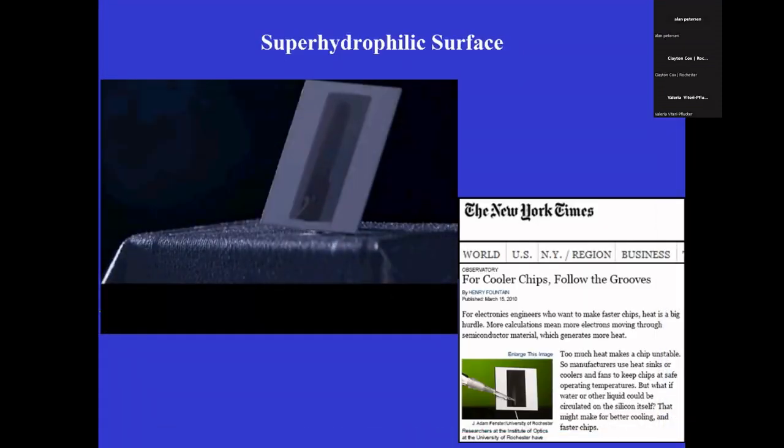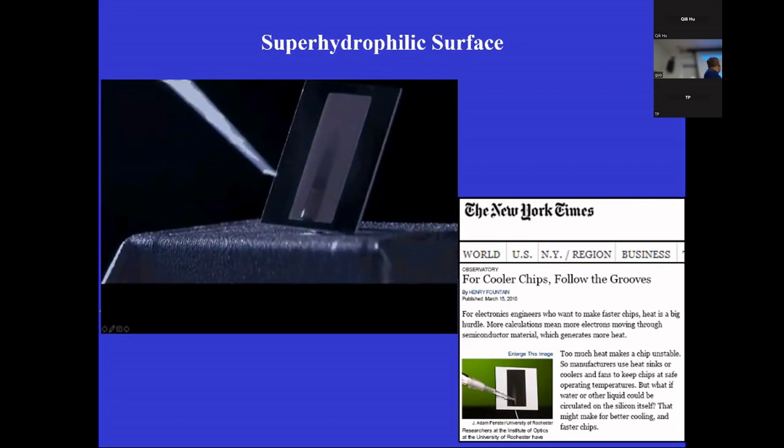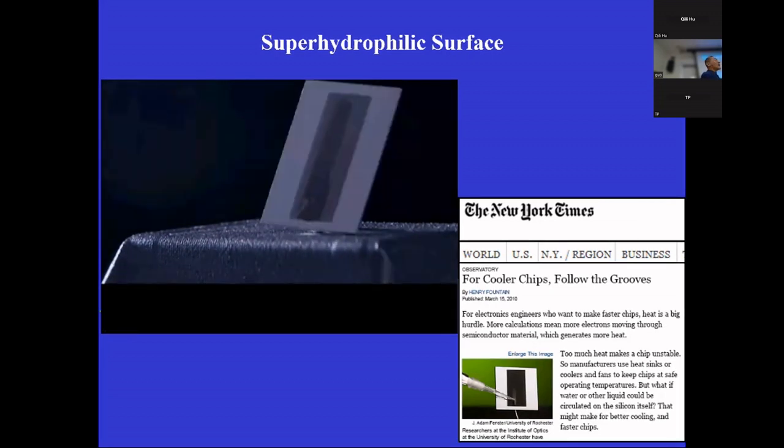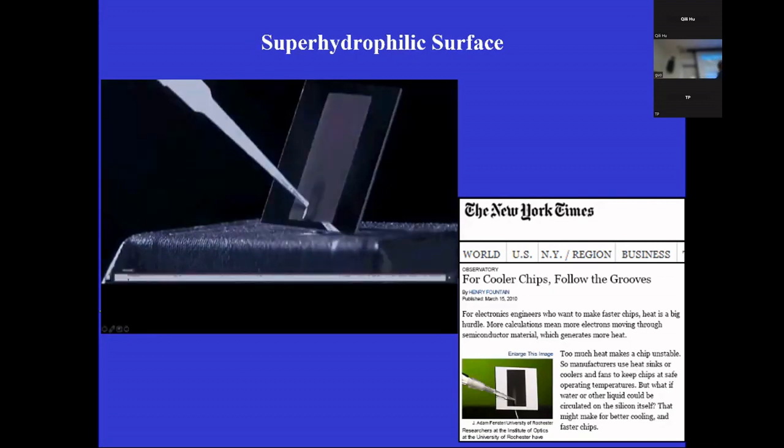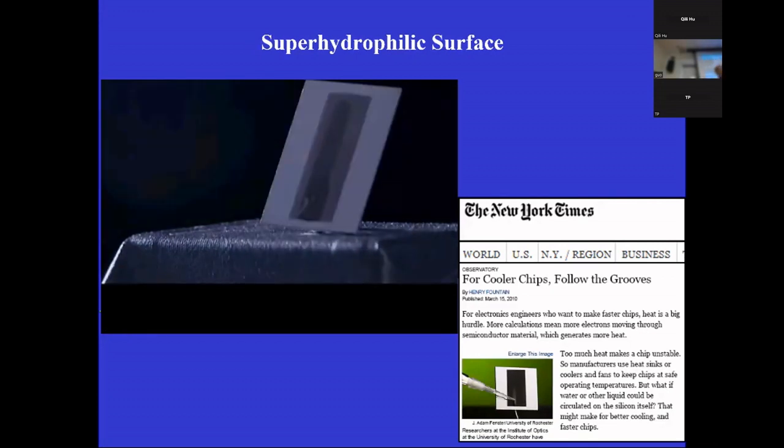After black and color metal, we pushed the technology further. We're looking at how it interacts with water. Here is the first one, where we create this so-called superhydrophilic surface. You can see it strongly attracts water. If you put a drop of water at the bottom of the surface, the water actually runs uphill against